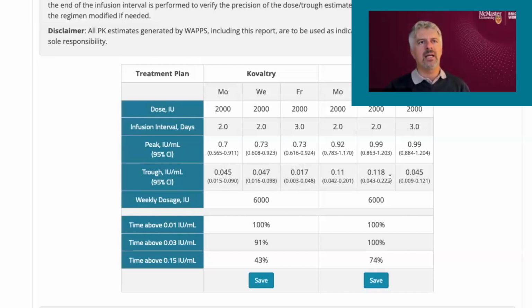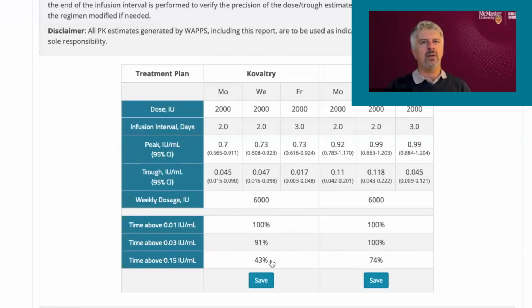For GV, the trough is around 11% on the Monday and Wednesday, and 4% on the Friday. Weekly consumption, both 100% above 1%, above 3% with GV all the time, with Kovaltry 90% of the time, and about double the time above